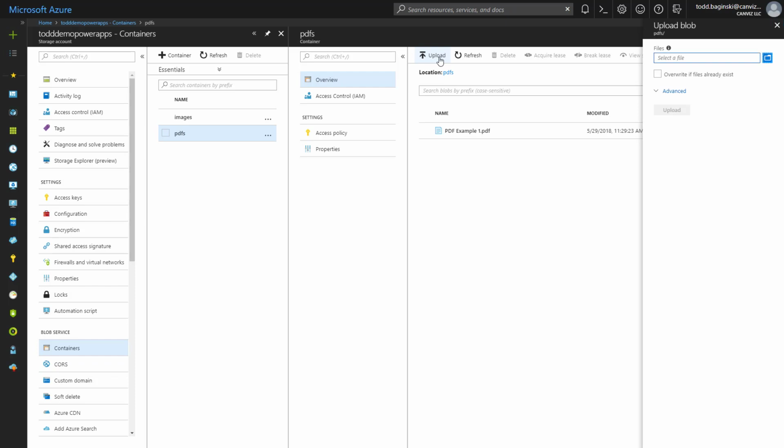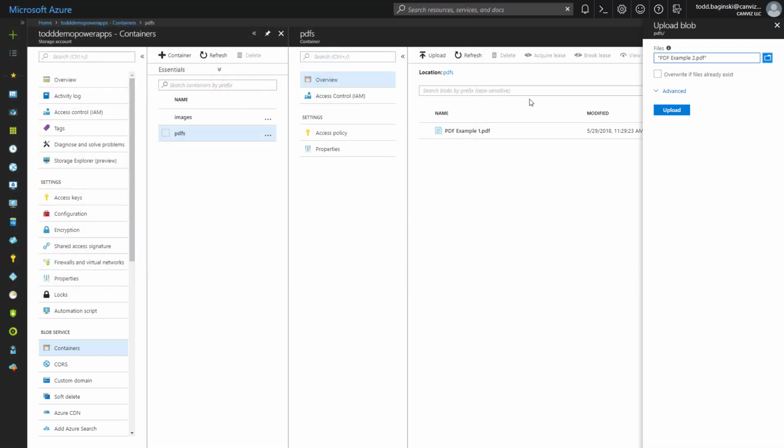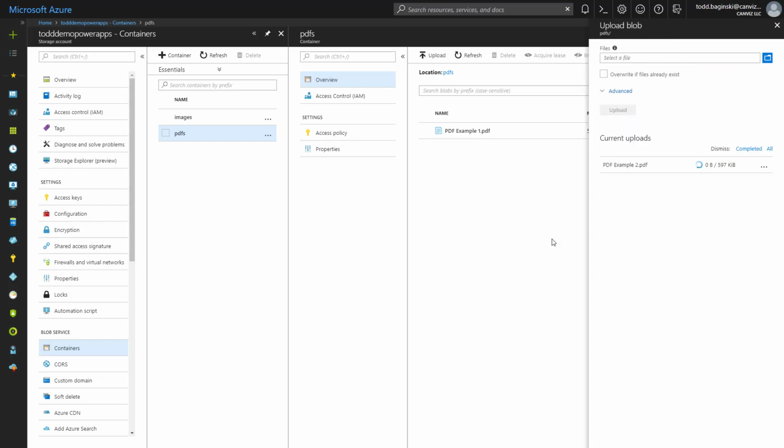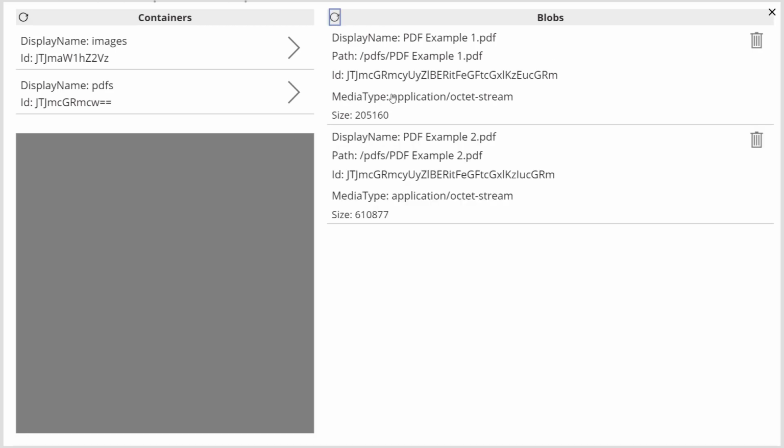I'll click the upload button to put a new file inside of it and upload another PDF. The upload goes very quickly and it's already finished. Now I can go back to the PowerApp and click the refresh button to see it appear in my gallery. Back in preview mode in my PowerApp, I can now click the refresh button to watch the other PDF appear